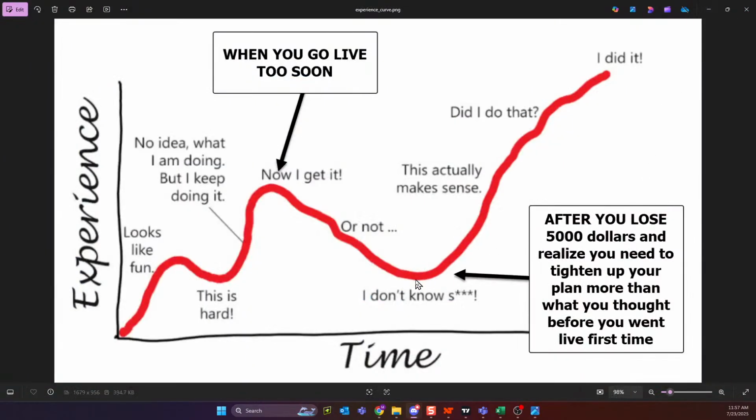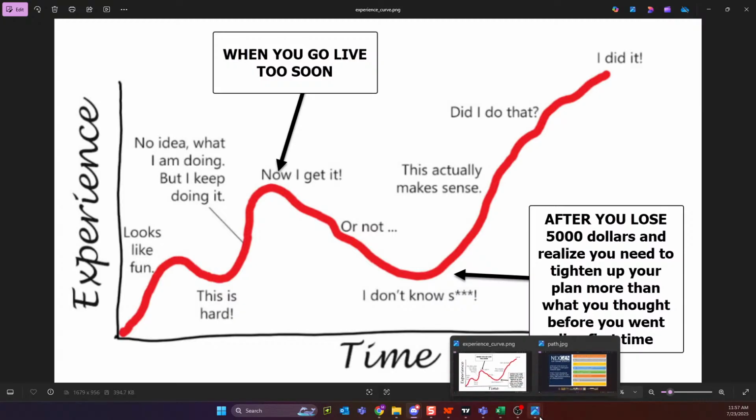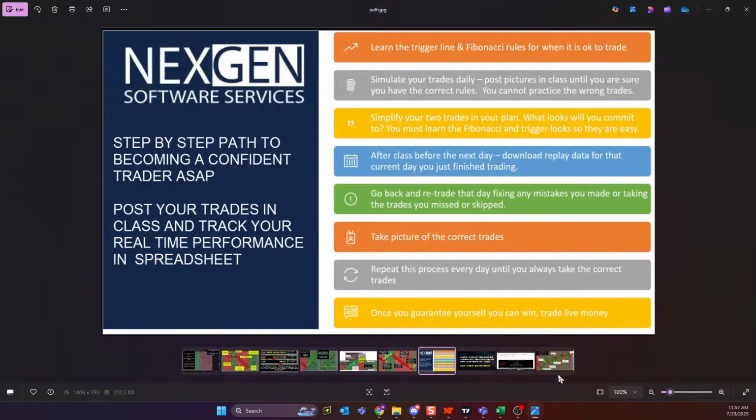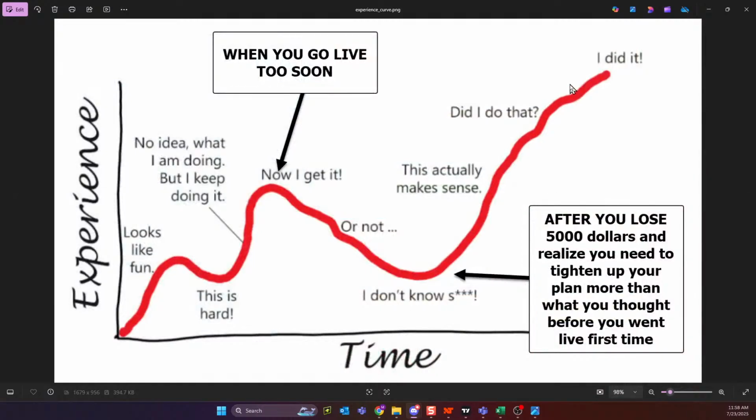Paul, I've got the most amazing wife in the world. And it was right here, guys, at my lowest point with the software when I wanted to quit, that I said, okay. And it was probably spite. I said, I'm going to follow John Novak's plan. I'm going to take pictures. I'm going to write down rules, and I'm going to participate in class. And I'll show him this is a bunch of malarkey. And guys, that's when my life changed. That's when it got easy.